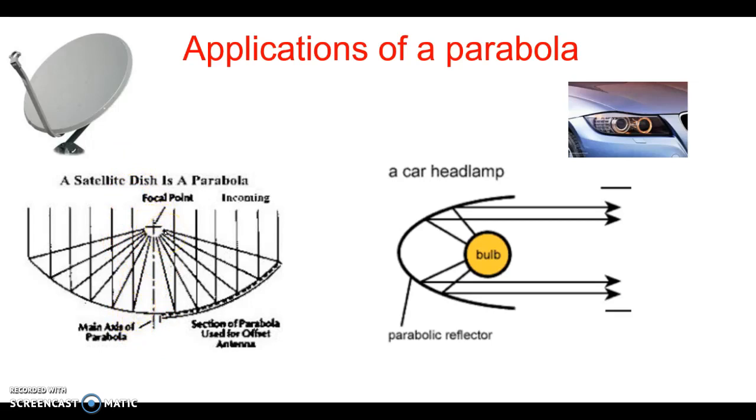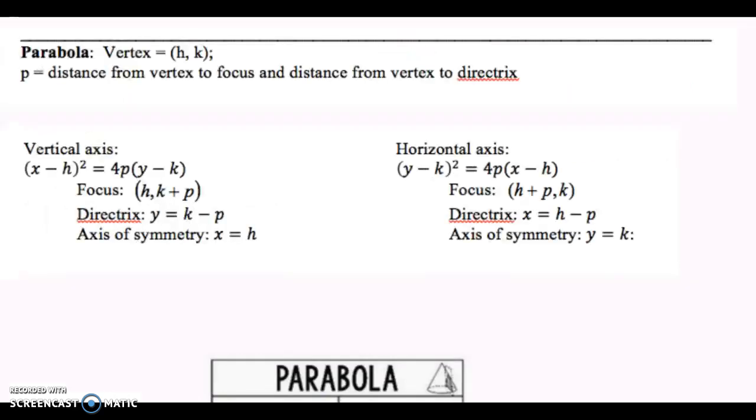the focus allows your TV to actually receive the signal. This is similar for a car headlamp. The bulb is actually placed away from the casing. And the reason the bulb is placed away from the casing is so that when the bulb is actually turned on, the light rays will hit the casing and then bounce directly straight ahead, and that's how the light gets onto the road. So, there are a couple of applications of parabolas, and now let's go and look at the conic form of